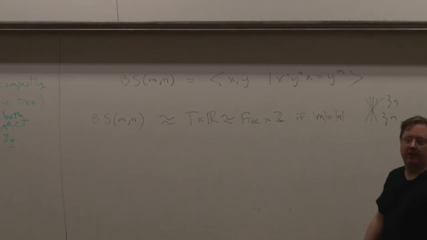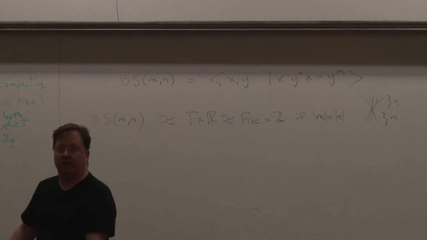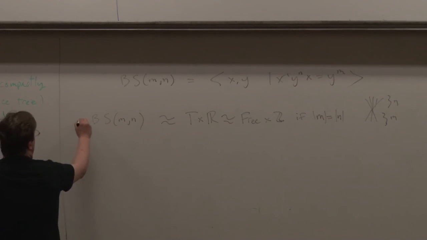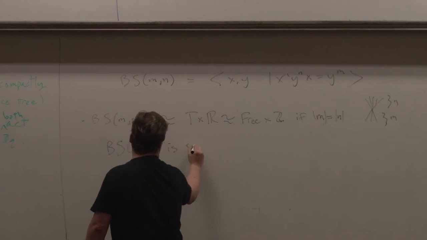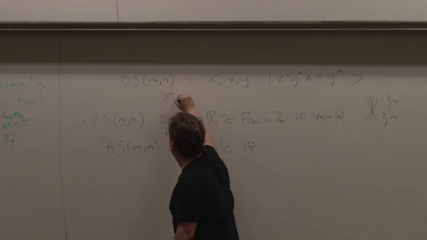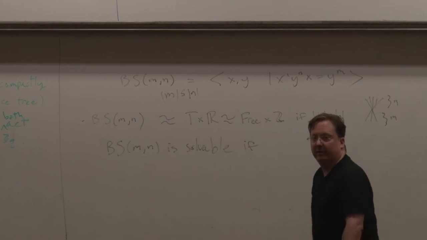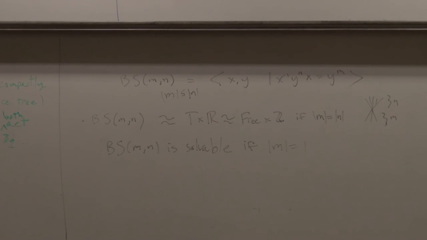So if m and n have the same absolute value, then we're in this unimodular case, and we're dealing with something which is virtually a free group cross Z. So it's just the standard product geometry from the large scale point of view. BS(m,n) is solvable and linear and otherwise well behaved. I'm going to assume the absolute value of m is the smaller one. If the smaller number is 1, then everything is well behaved. You have a tree which consistently just branches in one direction, and it makes a big difference in the geometry in the end.